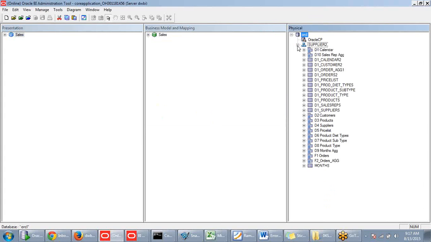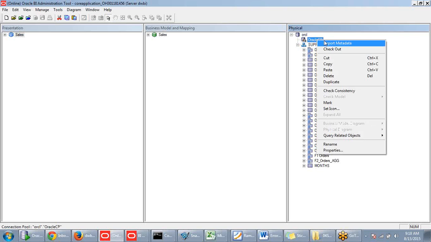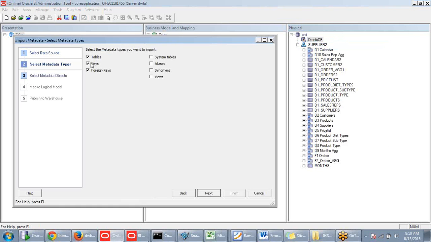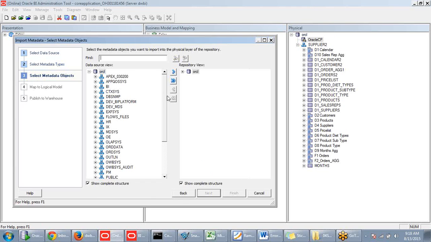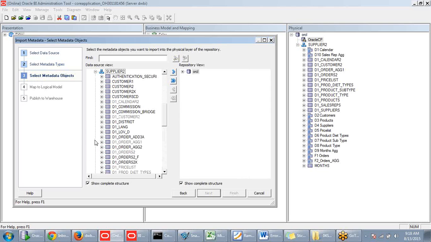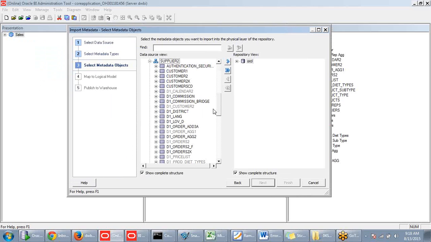Now I have opened my AppD, and now I have imported tables. I have just right clicked on my connection pool and clicked on import data. Click on next. And from supplier to, for all my dimensions and facts, I do have some aggregate tables. So I have imported the following aggregate tables, that is this D1 order AGG1 as well as